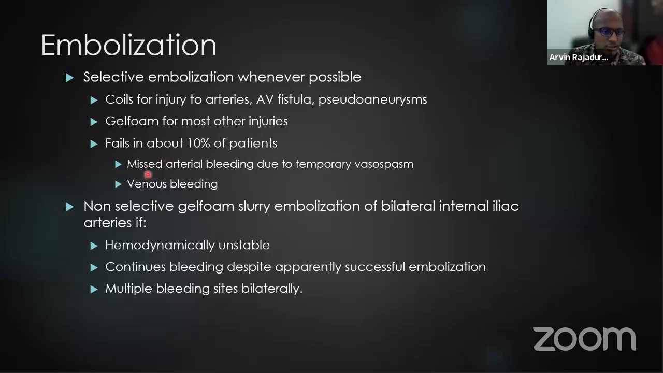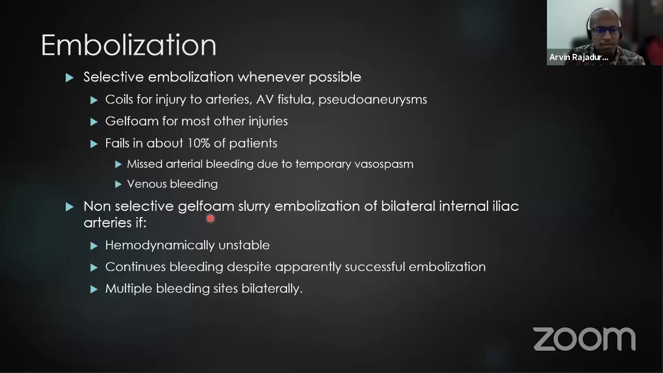Sometimes it's usually due to missed arterial bleeding due to temporary vasospasm, and this is quite common. We go in, we can't really find a place of bleed because of vasospasm, or it's a venous bleed, and usually we can't access venous bleeds. All right. So there is also this argument that we should do non-selective gel foam slurry embolization of bilateral internal